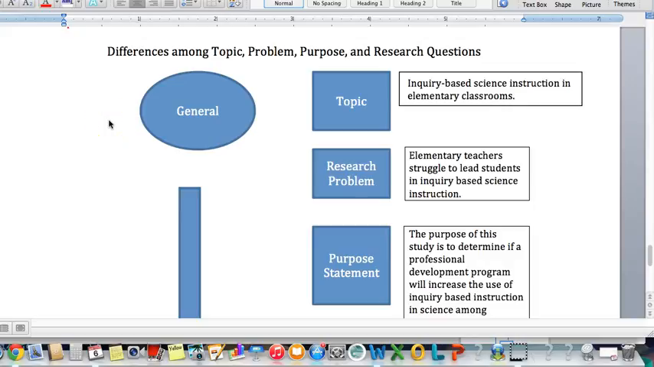Hi everyone, I want to talk to you just a little bit about topics, problems, purposes, and research questions as we begin our study in research methods. Our final culminating project in this class is a research proposal. But don't worry, along the way we're going to do bits and pieces of it until you have a culminating